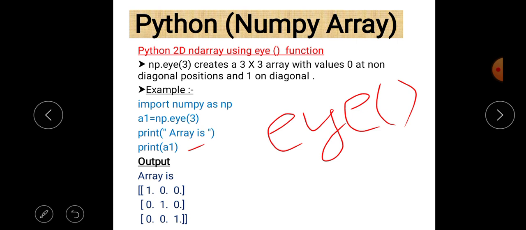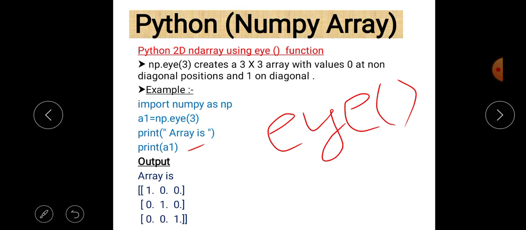So that is the basic functioning of the eye function. Always remember that the eye function creates a two-dimensional array which contains an equal number of rows and columns, in which the diagonal elements are 1 and all the rest of the elements are 0. So that is the functionality of the eye function.